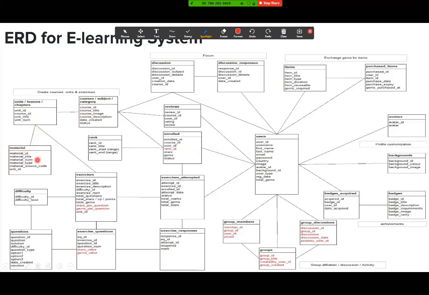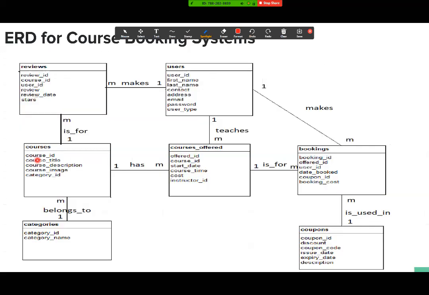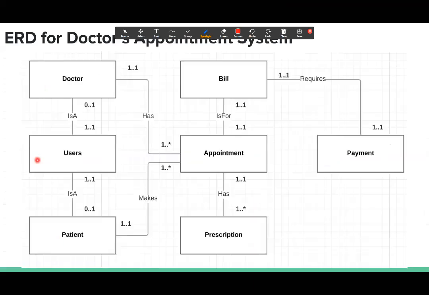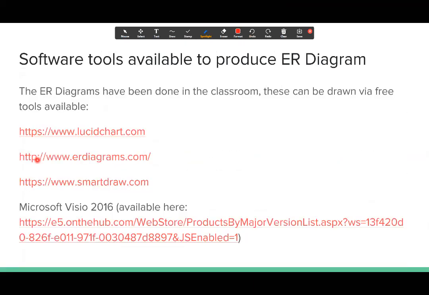Okay, so this is your ER diagram. After you've gotten your ER diagram, the next step now, remember, you have to put your one and many, etc., right? Like these here. This is a simpler version of an ER diagram because it just has the link, you have one and many with one name for the relationship. All right. Some tools you could use to produce an ER diagram are listed here. So these are different software you could use if you prefer to do your ER diagram.